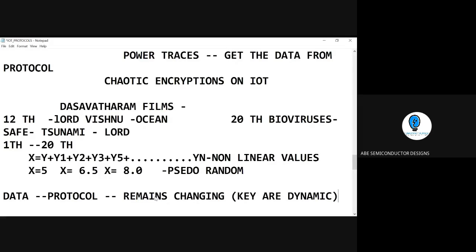Repeatedly, this is the incident. The 12th century, and the x and y will have the relationship, but the intermediate equation which I formed will not have the relationship. Even so, it has been formulated to form non-linear data, and that non-linear data is utilized as a pseudo-random generator, and in every iteration the data will not remain constant. Hence it can be utilized for key generation, in which the data transmitted over the MQTT protocol will be different in each and every case.